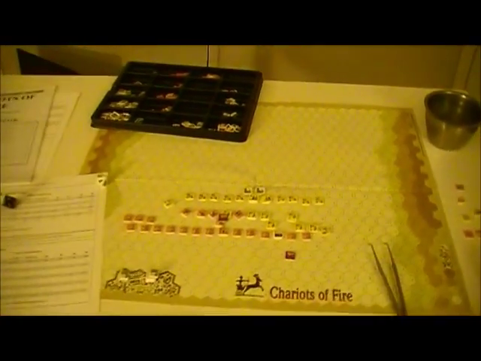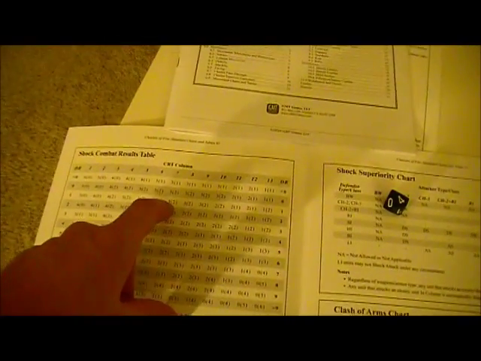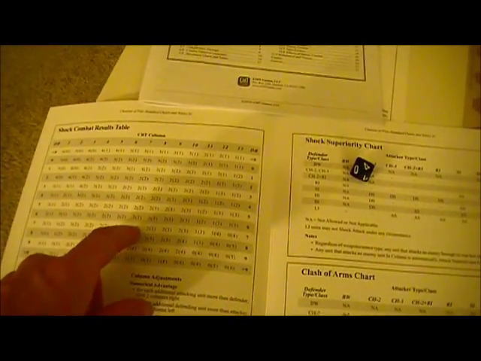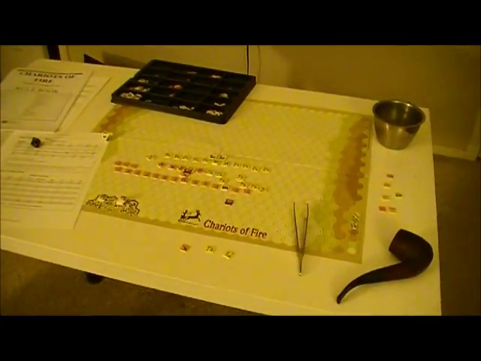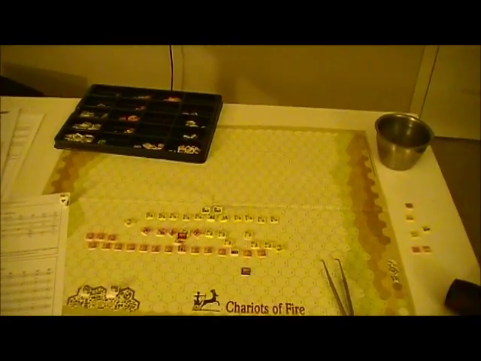In general, you do 2 points each when you're facing shock infantry versus shock infantry. That's almost assured. Basically, you need to roll a 1 to do worse than that, and you need to roll a 7 or higher to do better than that. The advantage is still on the attacker for that. And no matter what in this game, there's no...